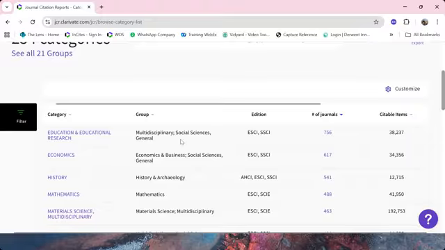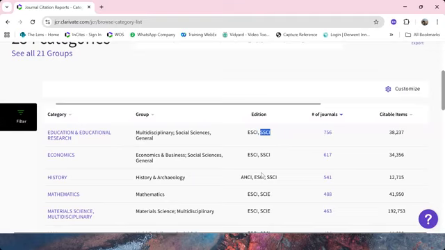Now, I mentioned that ESCI journals have a quartile already. So the only journals that have an overlapping discipline with an SSCI category will have a quartile.